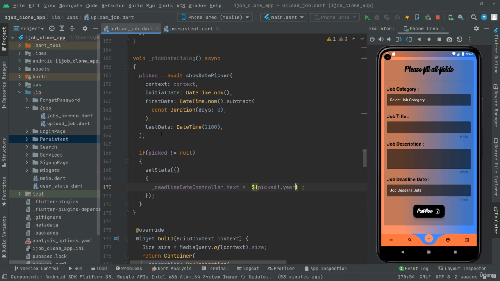Just assign that right inside the deadline date controller dot text. So it's going to be in the form of text, and we are about to assign that right inside that. Okay, so I hope you can get the idea. Now we simply pick the year, that's the format, and then let's also put the curly braces, and in front of that put the dollar sign, just don't forget about it, and in here picked